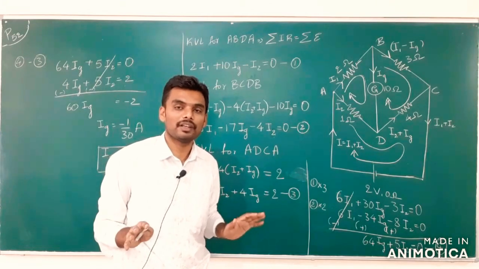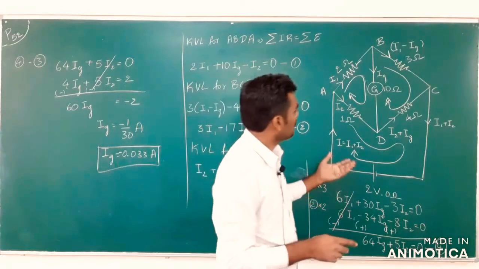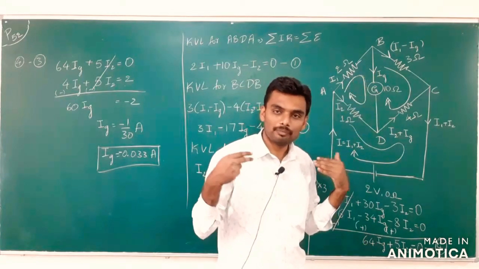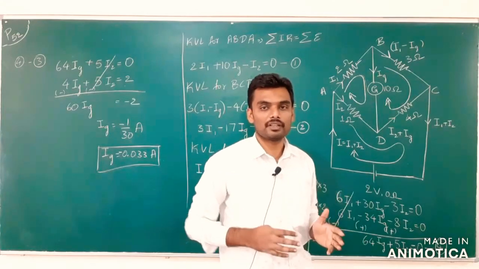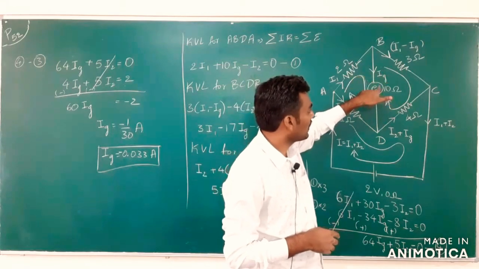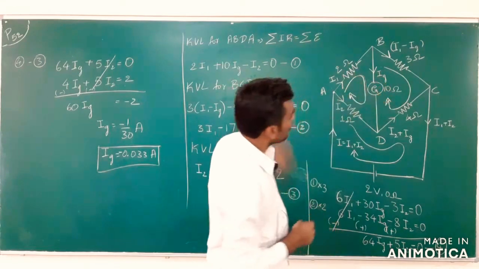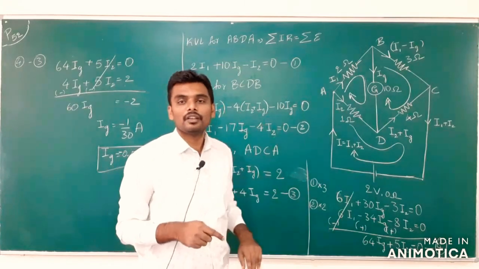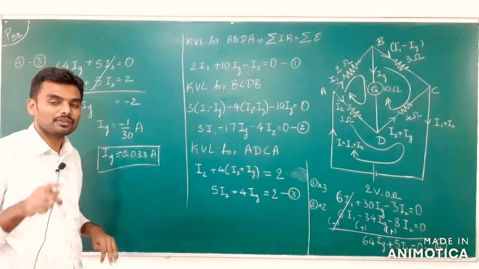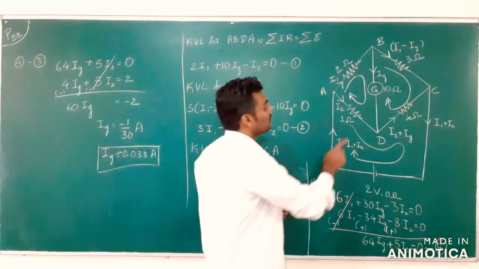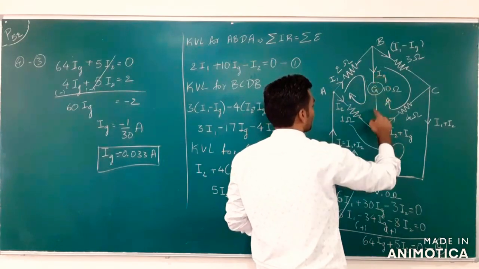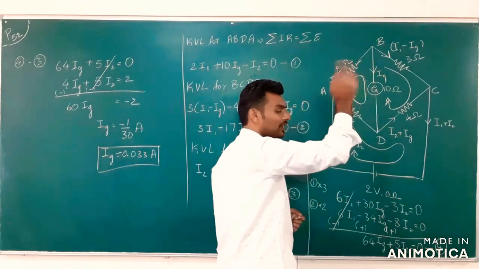That's the final answer. And you can try, for your curiosity sake, you can consider the direction of Ig in the opposite direction in the beginning itself, during the consideration, and start solving. If you do so, if you directly take Ig in the opposite direction and write all the expressions and start solving, you will get the value of Ig as positive there. Okay, when do you get the value of Ig positive? When you consider the direction of Ig in the opposite way, like this, in the beginning itself.